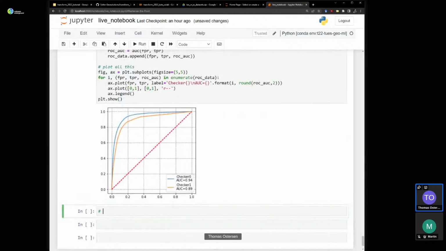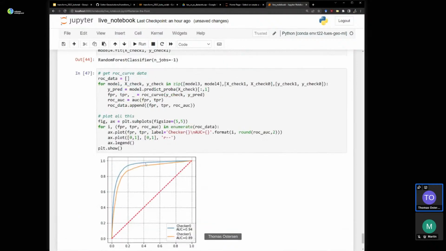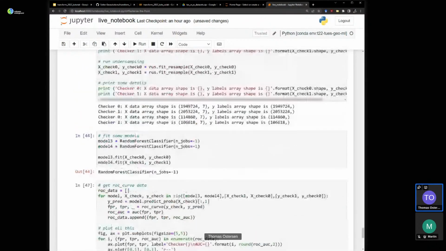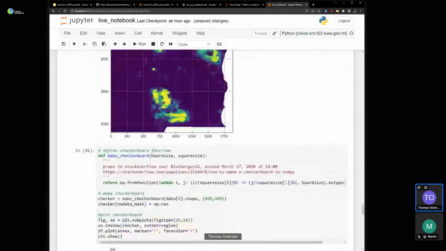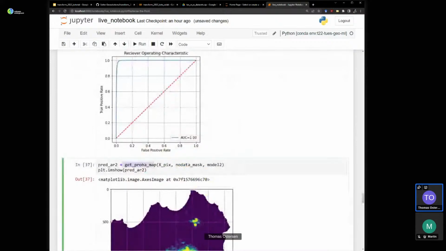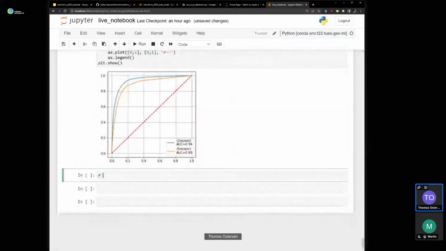So we'll use our... Oh, sorry, I'll have to scroll up and find the name of that function. Bear with me. Get proper map. So predict, generate maps.